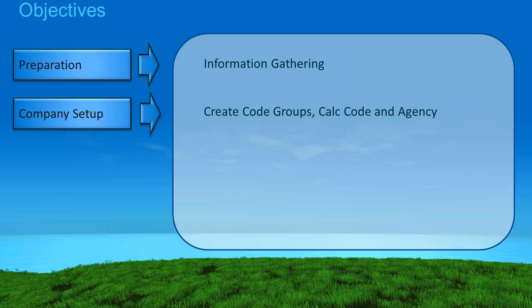The next thing you should have in place, if the money is going to be paid through Millennium to an agency, is to create the agency check entry on the company setup again. The reason I suggest these things is because whether you're using a script or the wizard, they are questions and things you have to complete, so it's better to get all the prep work out of the way before you start the script or the wizard, so you can just run through it and complete it quickly and efficiently. All of my pointers are from someone who has done this a lot and fumbled and refined the process.